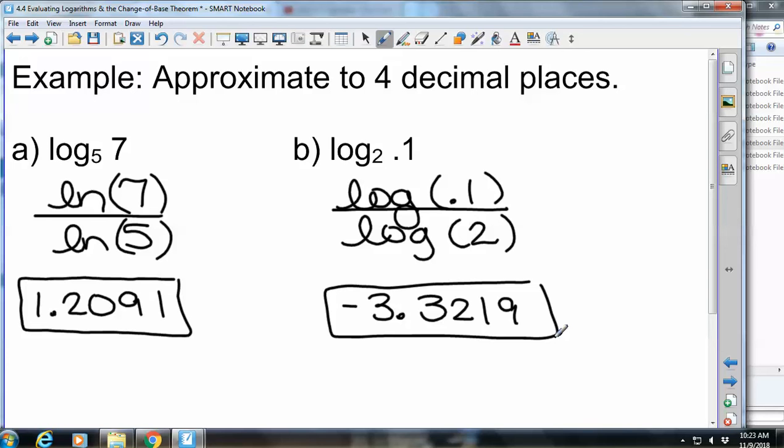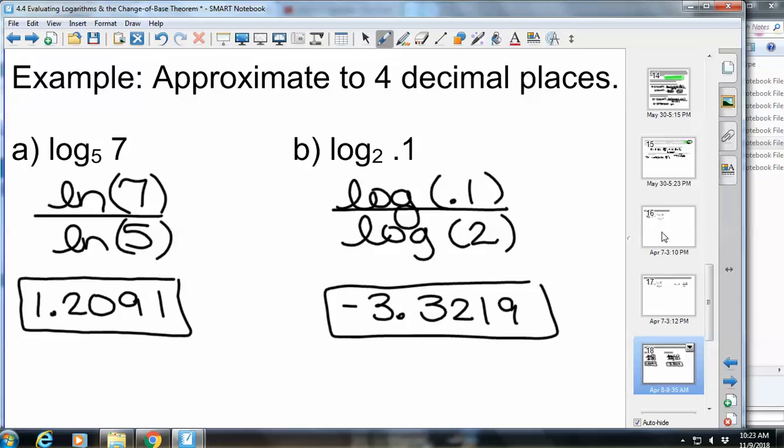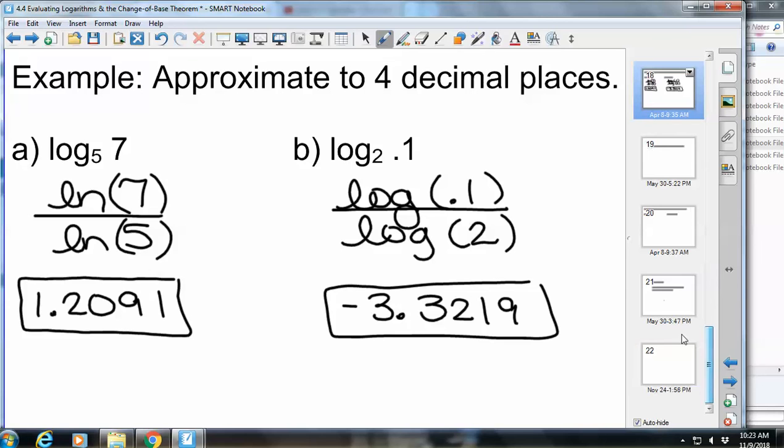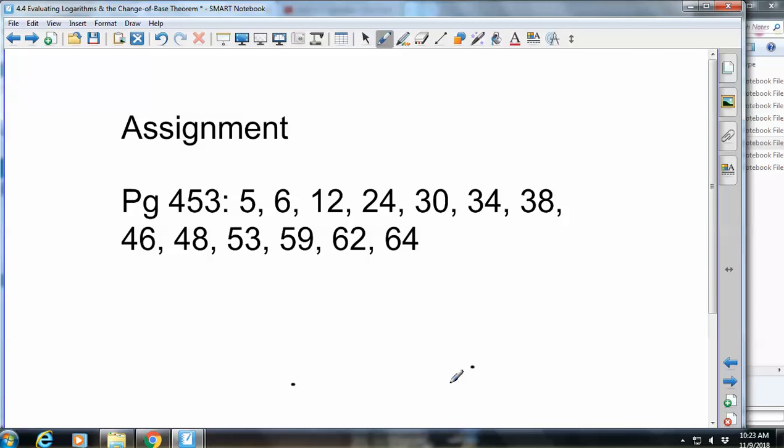Any questions or problems? So that's the end of today. You might want to keep this handout handy when you're working on the homework because it'll